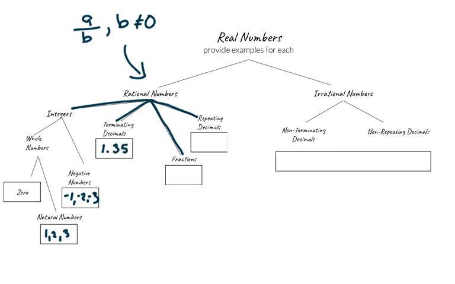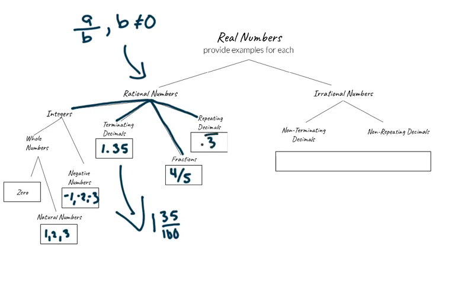Now remember that all of the numbers that fall within the rational category can be written as fractions. So how could this number be written as a fraction? Well, we would read it as 1 and 35 hundredths. So that would be 1 and 35 hundredths, okay? Obviously, fractions would be a rational number, right? So any number that can be expressed as a fraction is a rational number. And we also have repeating decimals. That would be a number like